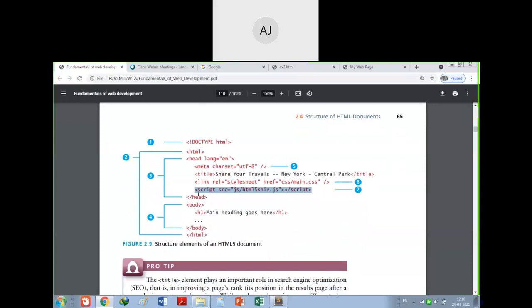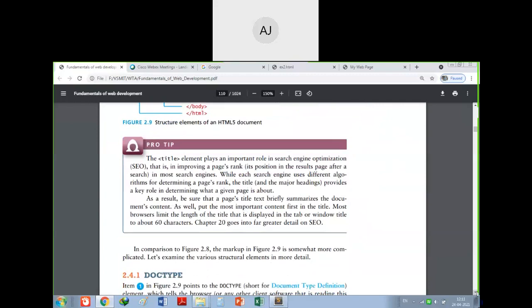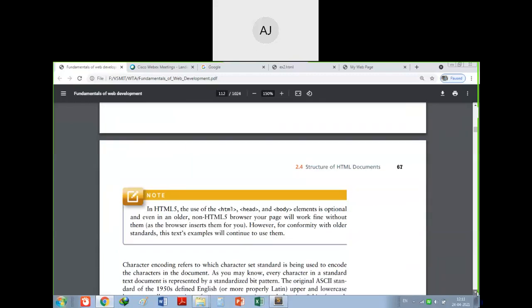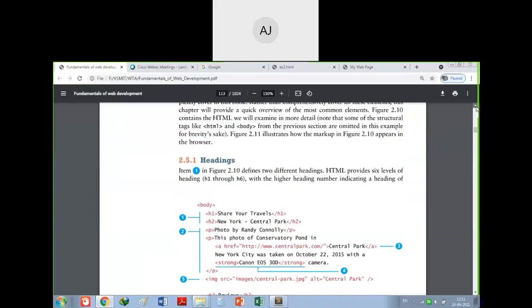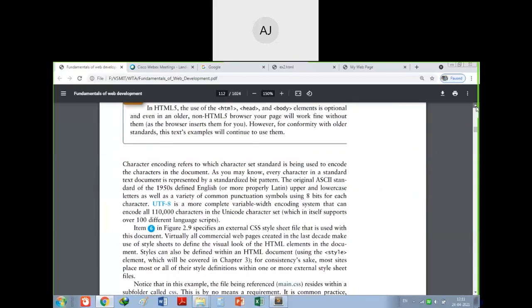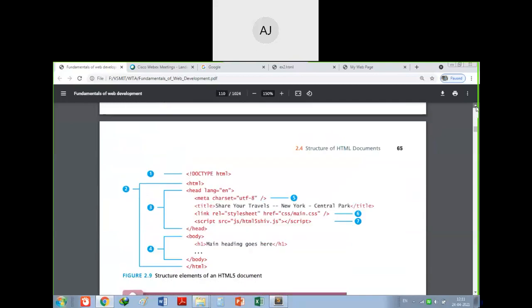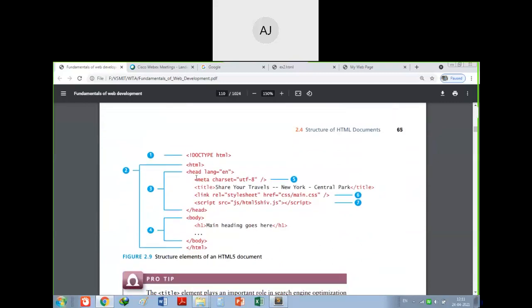Then we have the next, body. Head is completed, body, main heading goes here. So we'll show the output how it looks like. Now we will run this program, don't worry. We will run it, just copy the same file here.